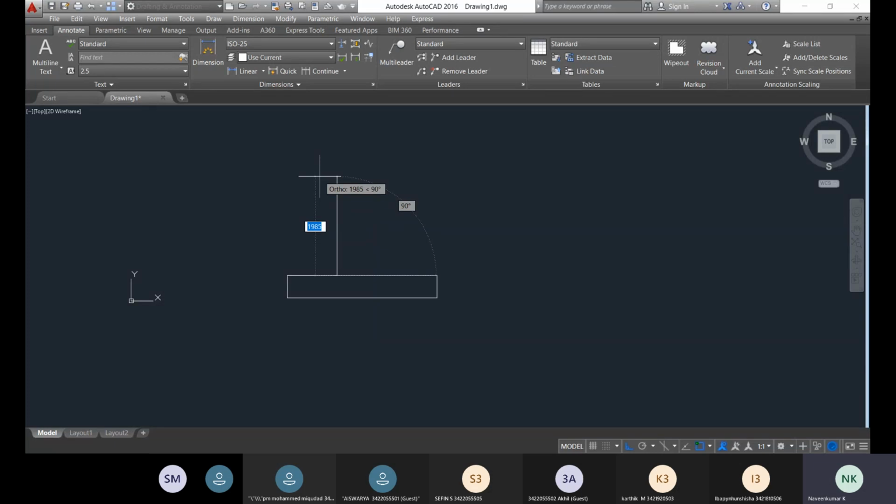1750 is the first segment height. Okay, so after that,